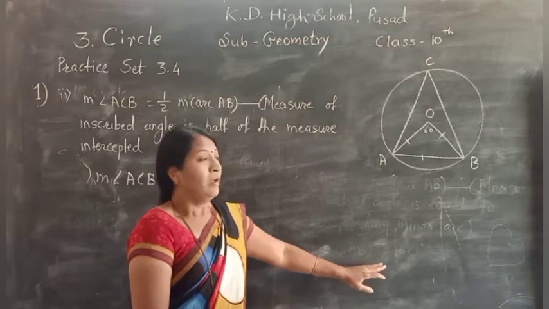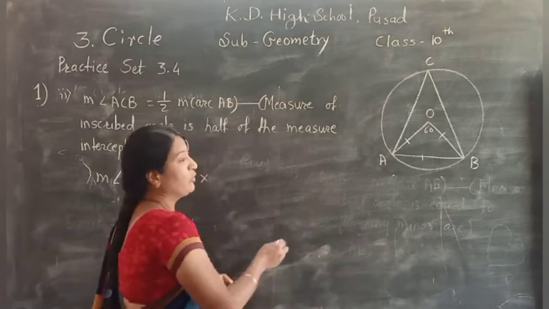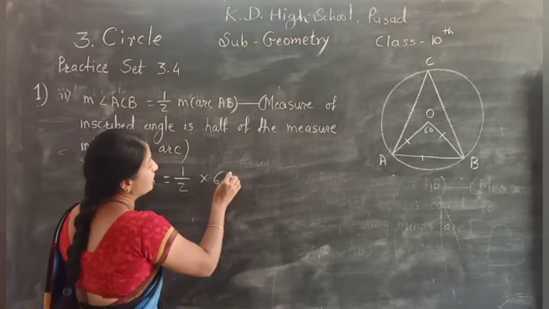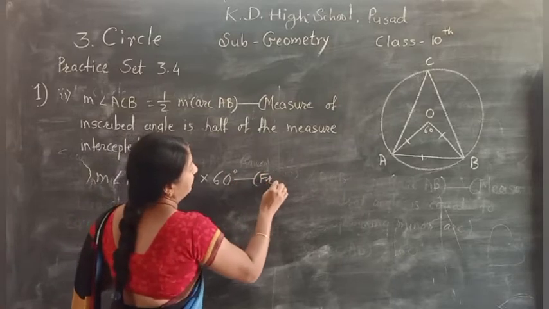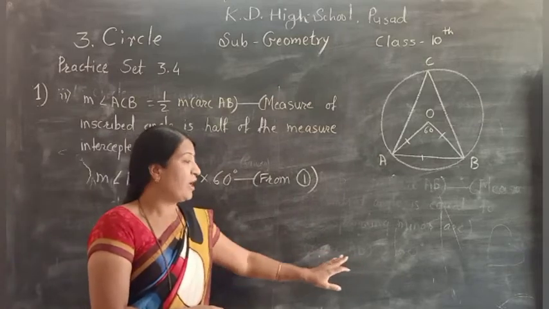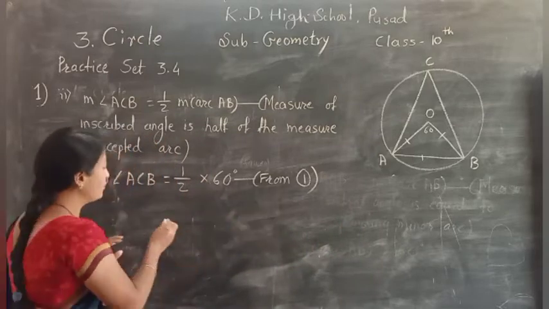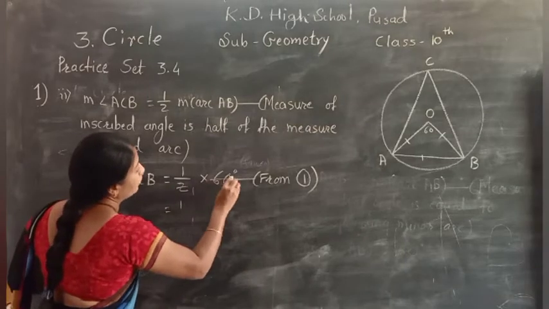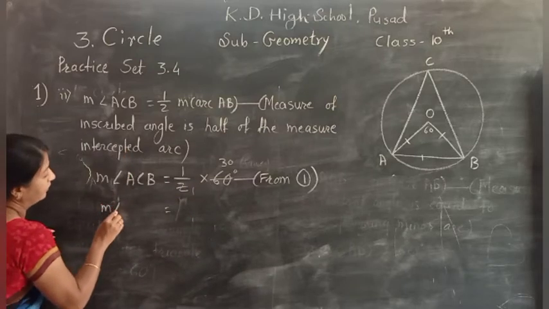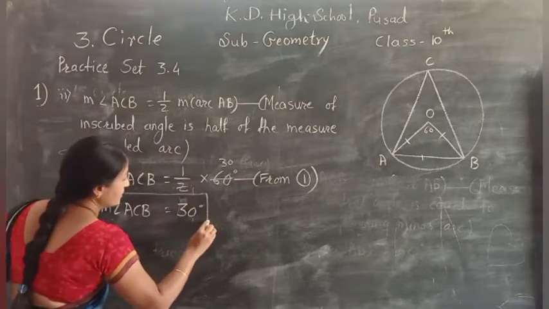Okay, now we find out this in the example third. So put that equation 1 where you found out the measure arc AB 60 degree, give it equation number 1. And here directly use 60 degree and give the reason from equation 1. Okay, I have cleaned it. Here measure arc AB is equal to 60 degree, give it equation number 1 and here in the reason write from 1. So find out, it is equal to half of 60, which is 30. So therefore it is nothing but measure angle ACB is equal to 30 degree. This is your third answer.